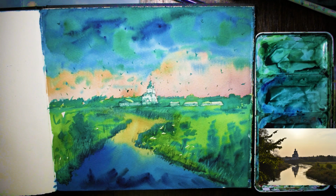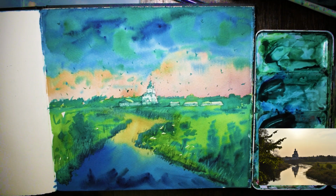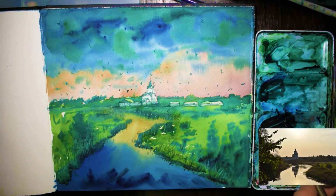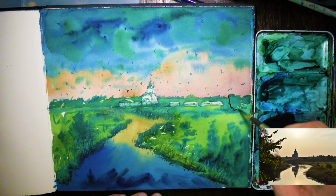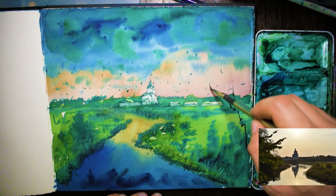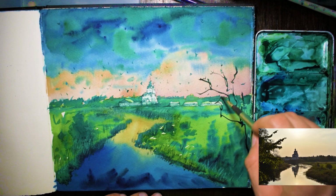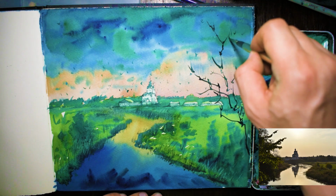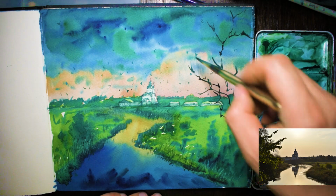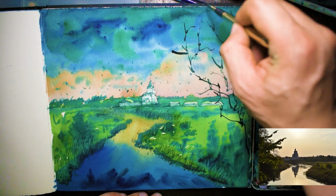Last step, I am going to get a dark color, just mixing up some brown here on the palette, some sepia, and I'm going to be just implying some branches and things coming in off the side. So let's try this. Some coming off here. That. That. That. Try and get these to sort of separate out into two branches, and then again,